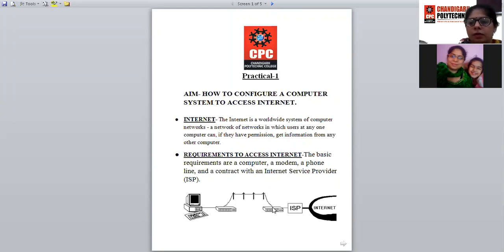So how will we transmit our data from sender to receiver? In this case, the device modem is required because it is a data converting device. Okay. Now this device will convert the digital data into analog signal for transmission. Then the data is transmitted in analog form through the transmission cable.